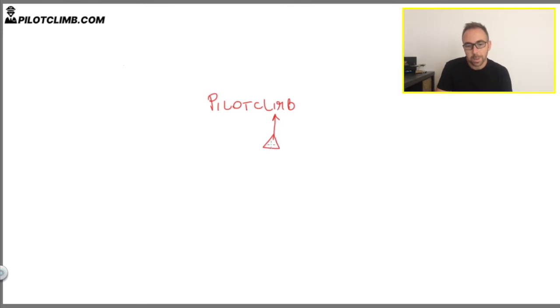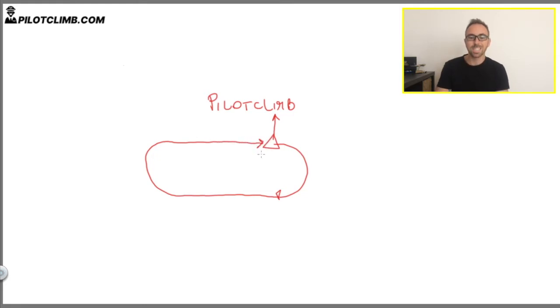So let's make a right turn here. So standard holding pattern, the outbound, right turn again, and then the inbound, okay? So this is a standard pattern. The aircraft flies over the Pilot Climb fix, turns right, goes into the outbound, and then turns right after 1 minute here, okay? It's a right turn again, and then flies again inbound, and then so on. So if he wants to take time, he's gonna fly around his holding as many times as he needs. But